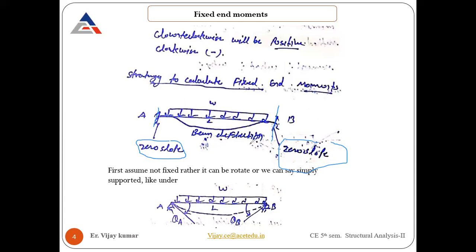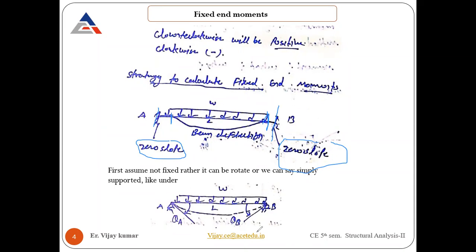First of all, we assume that it can rotate simply at this particular point. At this point and at this point, where the deflection shape is here, I am going to draw it as a simply supported beam. Why take a simply supported beam? Because of the point of inflection, the point where the bending moment is zero. Simply supported points are the only supports where the bending moment value comes out to be zero, so I can take it as a simply supported beam.